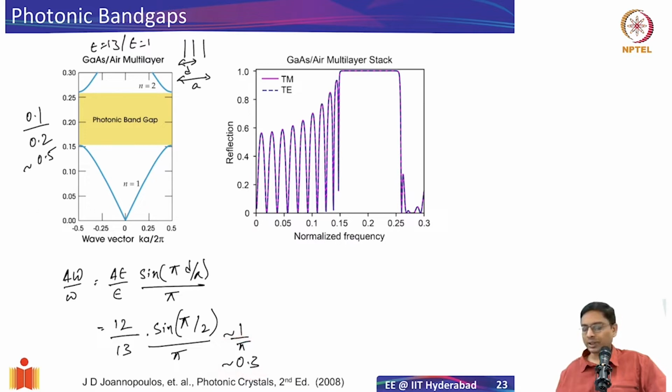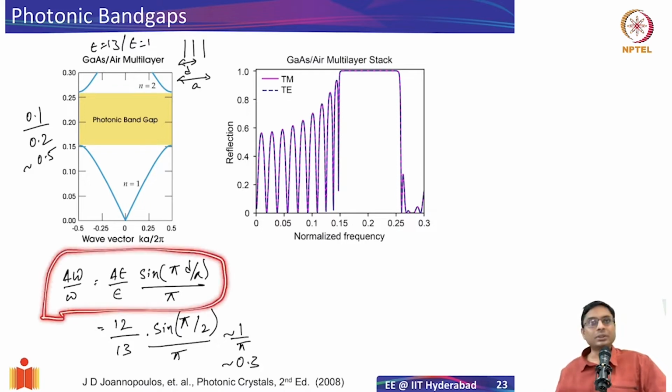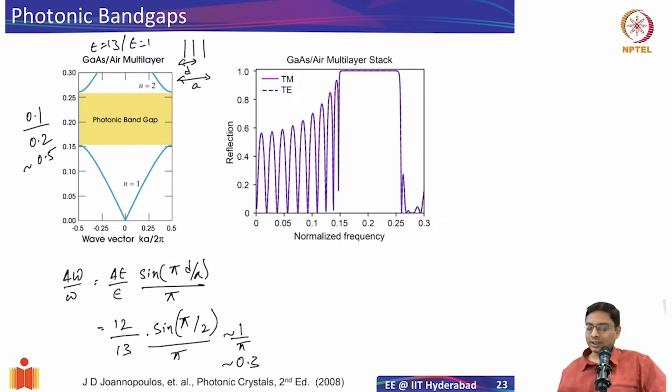So you see that the expression is giving you a band gap to mid-gap ratio of only about 0.3, whereas in this picture, the band gap calculated with the exact numerical calculation is about 0.5. The reason for the difference is that this expression, while useful to understand the concept that whenever the index contrast or the epsilon contrast is large, the band gap will be large, which is what I wanted to communicate, is still based on perturbation theory. That means we're assuming a perturbation in the energy.